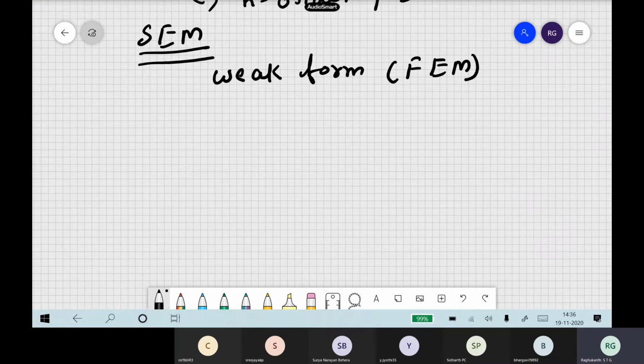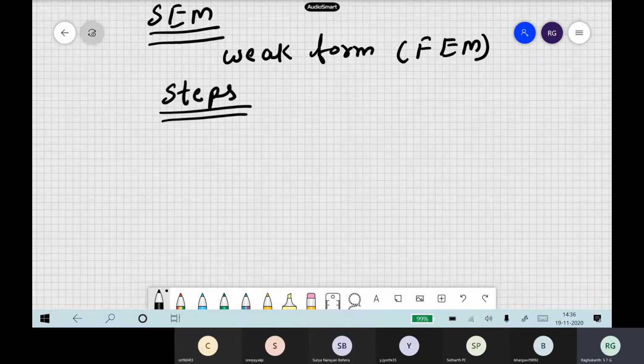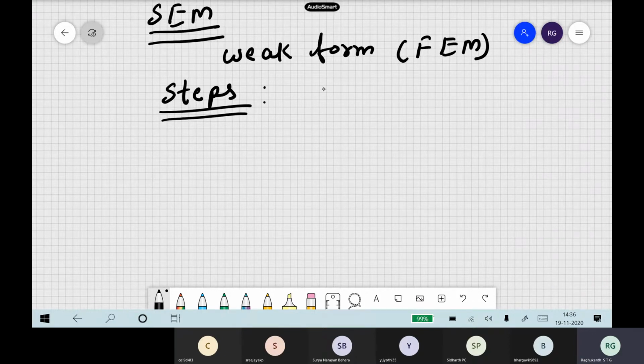What is the most important step here? FEM gives more accurate results compared to the spectral element method? No, that is fine. I am talking about the steps. Which step is different from FEM? That's all I am asking. We are using the GLL quadrature method. That is the most important thing you followed, right? The integration scheme is different.